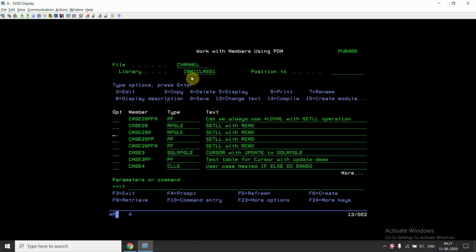So if you want to read a keyed file, we can set *LOVAL with setll, or we can set the key value and read the records based on that key value and the next records, right? And based on the RRN as well.